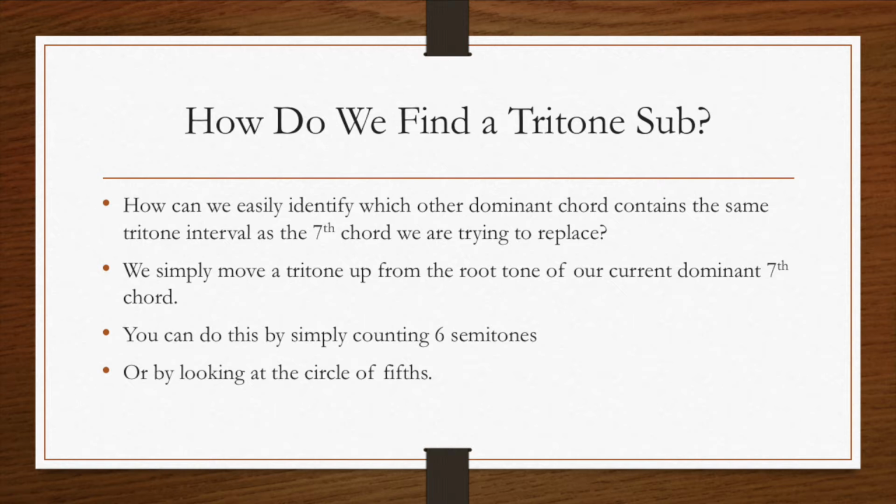So how do we go about finding that other dominant chord which is going to share the same tritone interval as our 5-7 chord? Well, essentially all you need to do is go up a tritone from the root tone of your dominant 7th chord. And you can do that either just by counting up 6 semitones, a tritone, or you can look at the